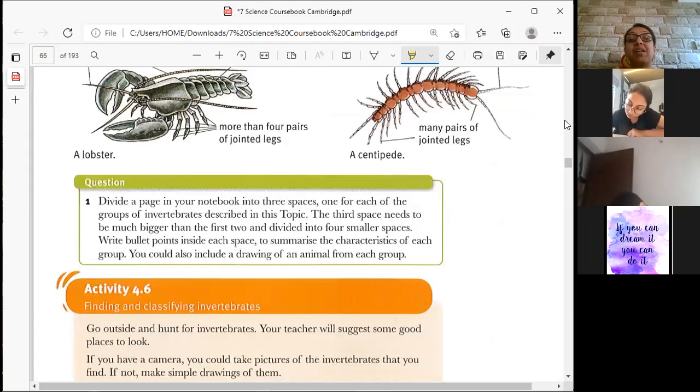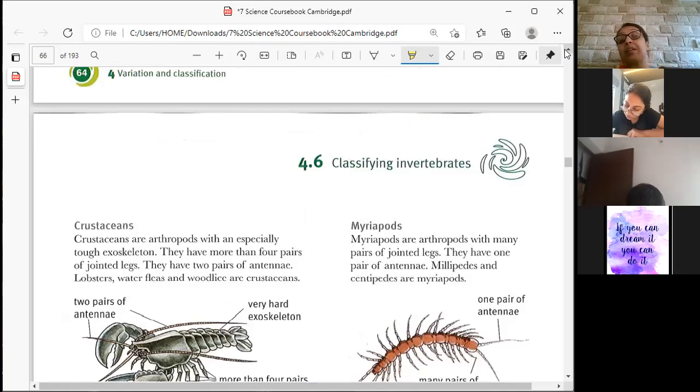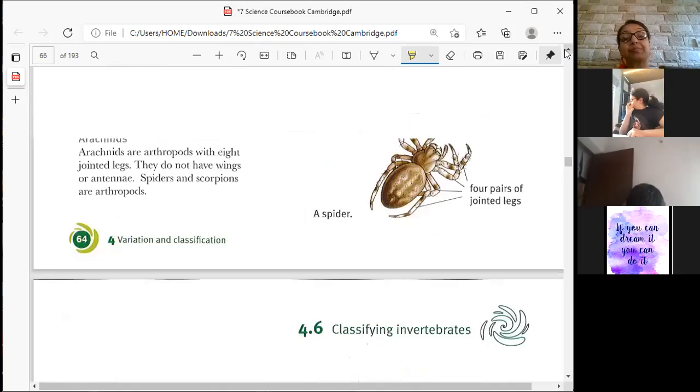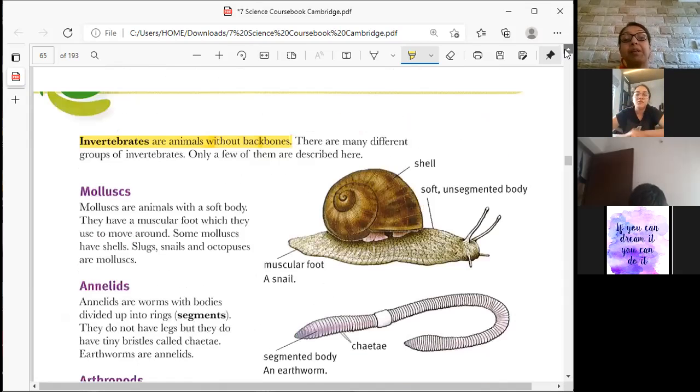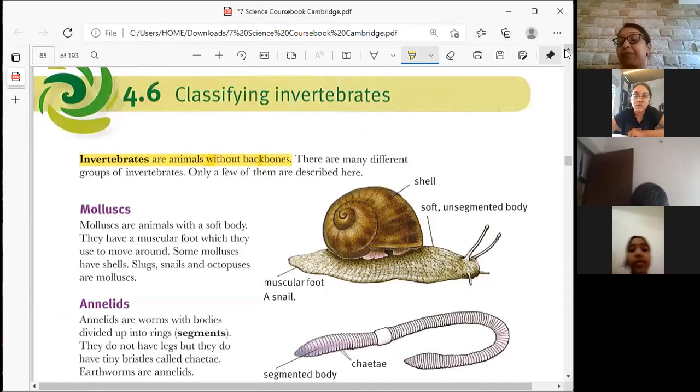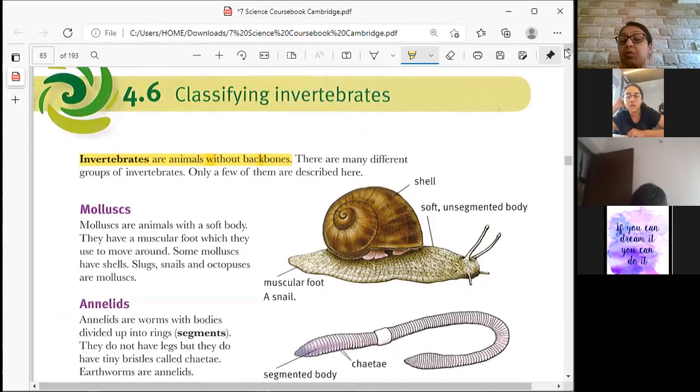Here 7 of them have been discussed, so we are going to learn only what has been discussed in your textbook. Again, I repeat that there are many different groups of invertebrates. Only a few of them are described here. The first group that they talk about is